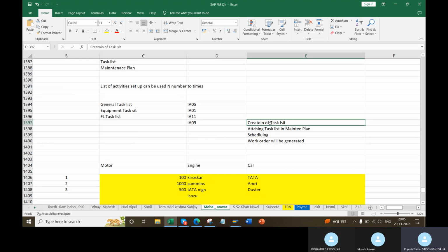You don't want to tell preventive. If they tell specifically preventive, then you need to start from the task list. General work order means you need to go general only. You should not tell preventive.